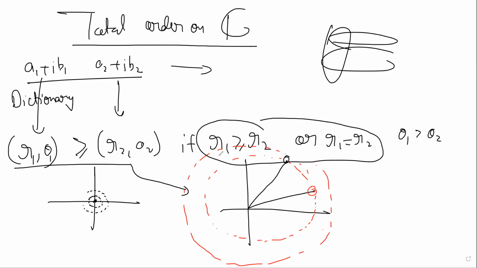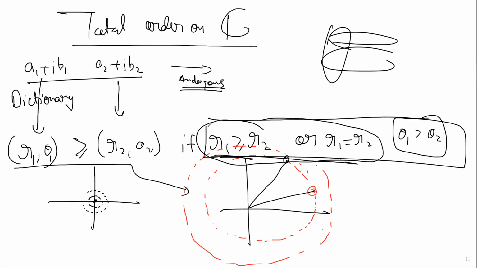So you first compare the radius. If the radius is bigger, then it's bigger. And if the radius is equal, then the second preference comes in. This is how you traverse in the dictionary also, right? Just do the analogous thing here, and check that it's a total order. It's obviously a total order because we have given a prescription to compare any two, and this will end up comparing any two. Very simple.